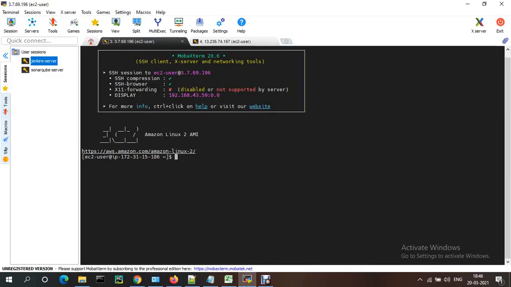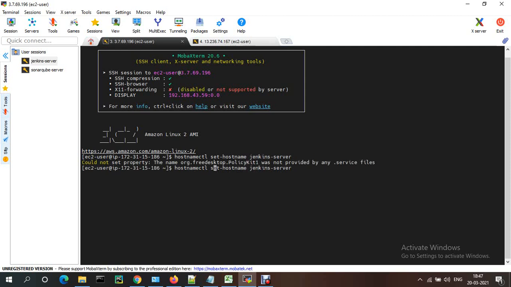Okay, this is the server. I'm setting the host name: hostnamectl set-hostname Jenkins-server. Then I'm giving sudo -i, so it will change to the Jenkins host name instead of this IP.